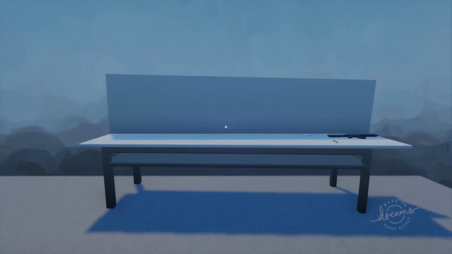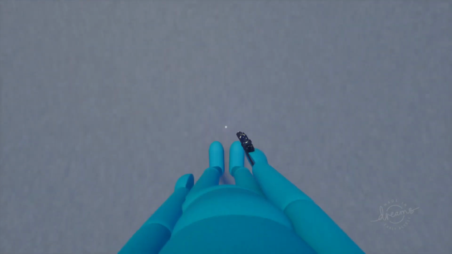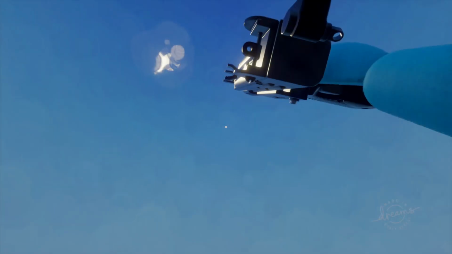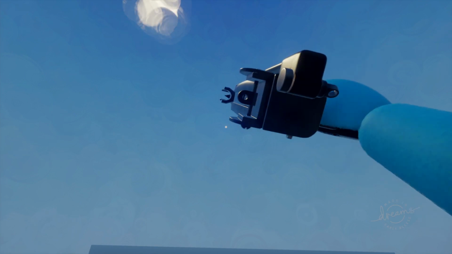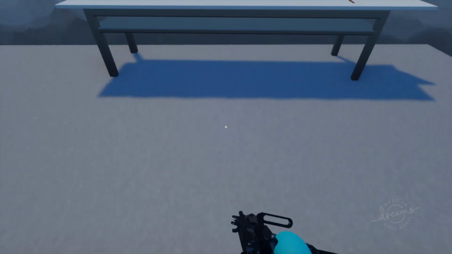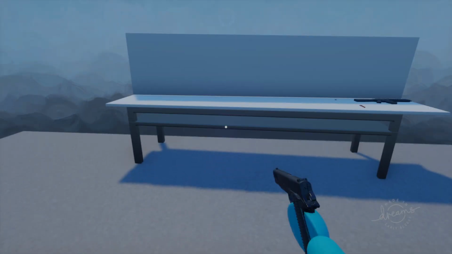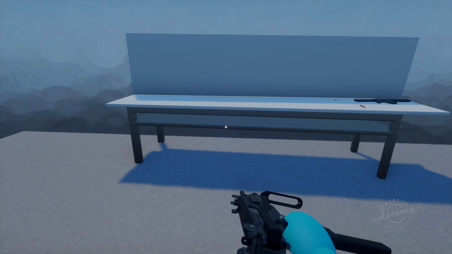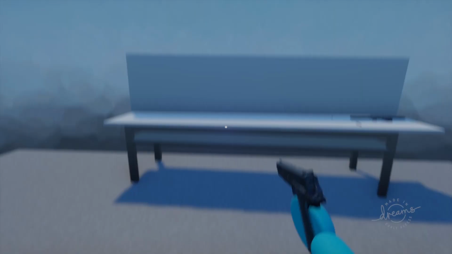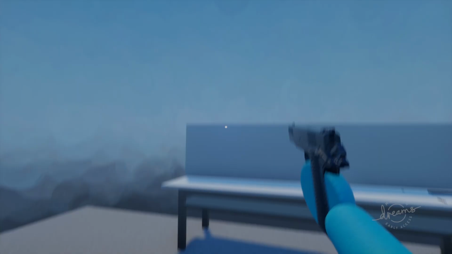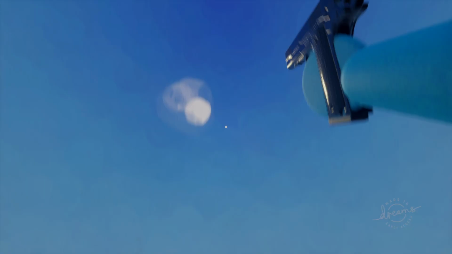So when you switch from one weapon to another, if I switch to this weapon and then I go back and say I moved it a little bit, or if I switched to this weapon, then I went down and then I switched to the handgun, it wouldn't position itself exactly where it is. It will not stay in the same area that you are when you move around. You'd have to keep